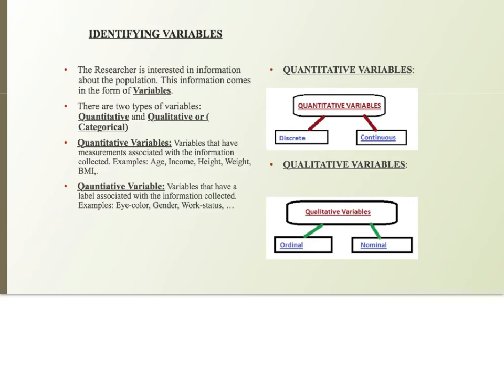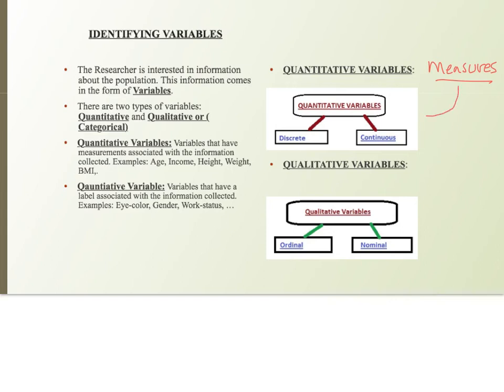One is a quantitative variable, which we consider as measurement, right? Measures could be age, income, height, weight, BMI,